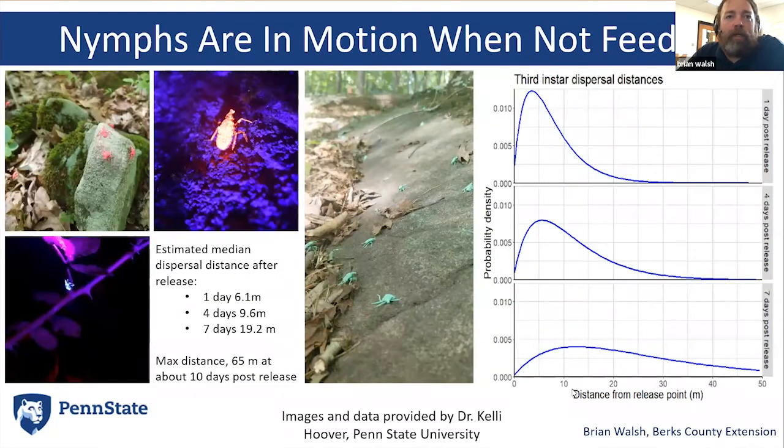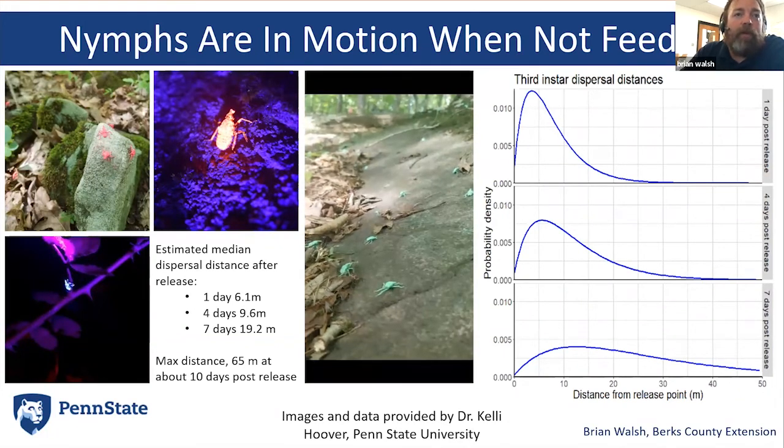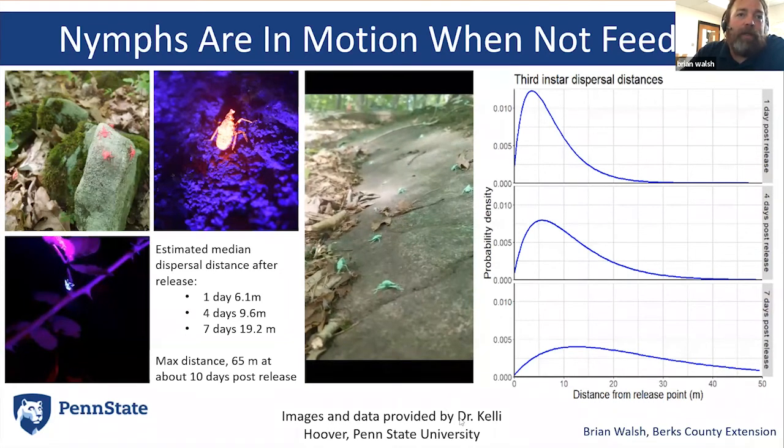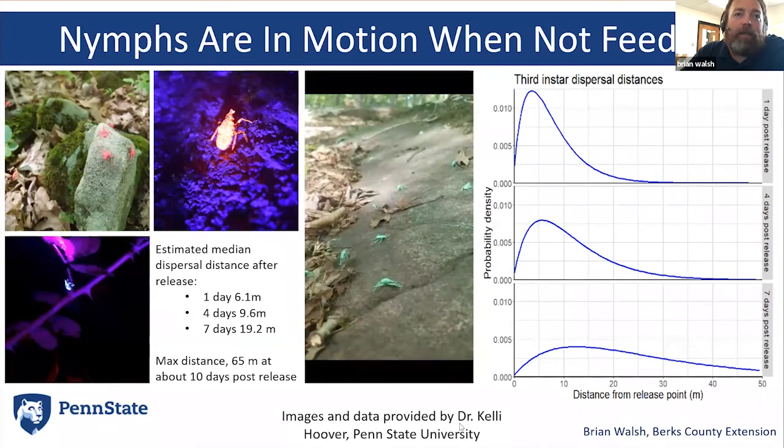This was a study that was done a few years ago with Dr. Kelly Hoover, and these nymphs were rolled in fluorescent dye powder, released, and then went back at night with ultraviolet lasers, and they light up like Christmas tree bulbs. And so just to see how far they went, it's pretty significant. However, you can see in this video that the dye powder kind of clogs them up. They don't walk so fast. And so it may have been a little bit artificially low with the dye powder, but